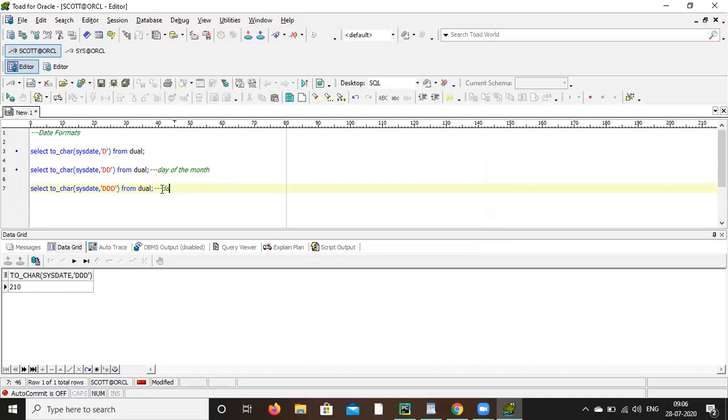That means out of 365, we have already completed 210. Very soon we are going to complete 2020. Okay. So single D means day of the week, double D means day of the month, and triple D means day of the year.